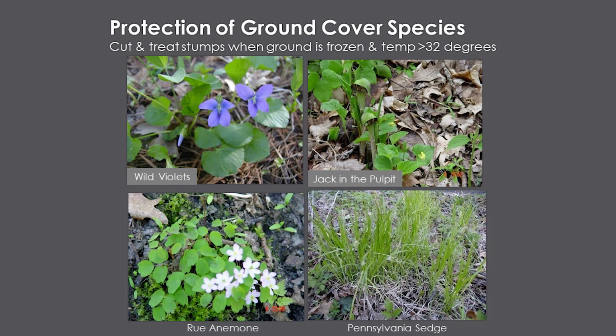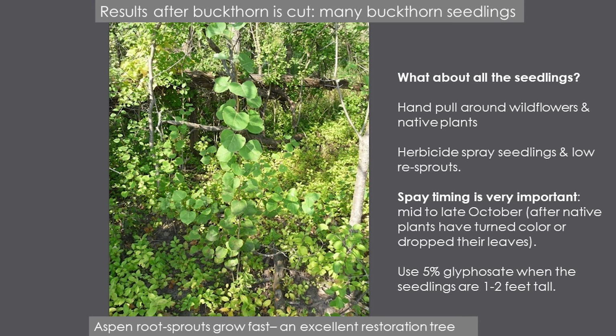All right, so protection of ground cover species is cutting when the ground is frozen. We're having a big, huge project at Cullen Preserve right now, and the big machines are in there cutting. They had to have 6 inches of ground frost before those machines were allowed in there, and we don't let the machines in at all in our woodlands in summer. Forget it. That's how you keep the roots of your native plants in good shape.